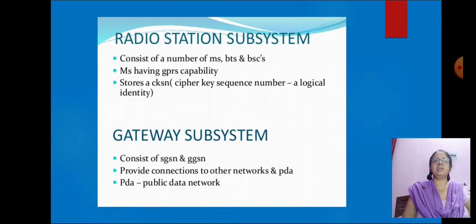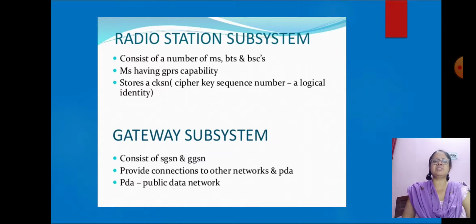Similarly, we have learned about the other two components. One is the radio station subsystem, another is the gateway subsystem. The radio station subsystem consists of a number of mobile stations, base stations and base switching stations.